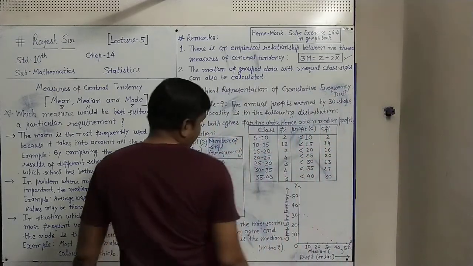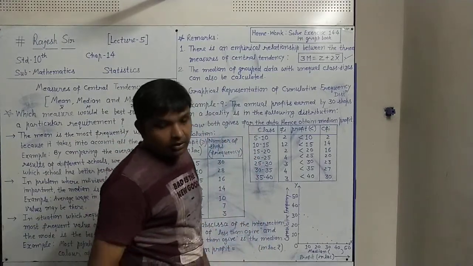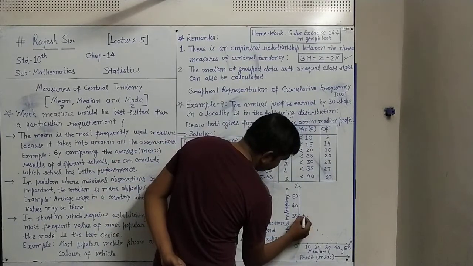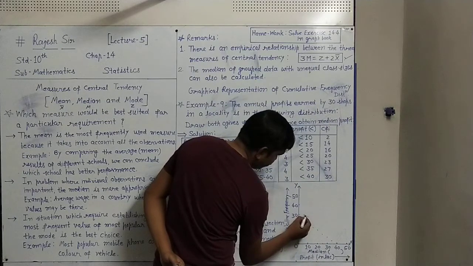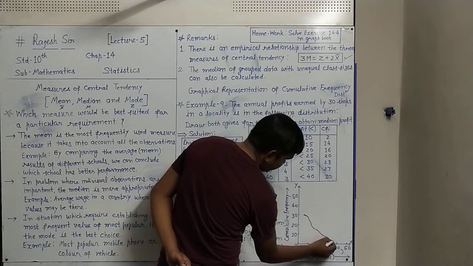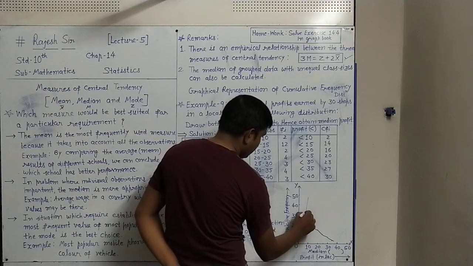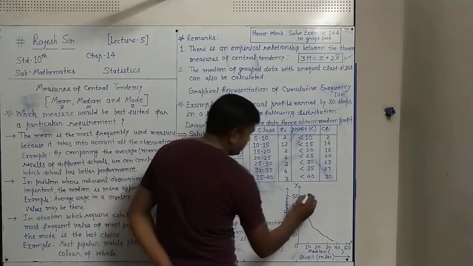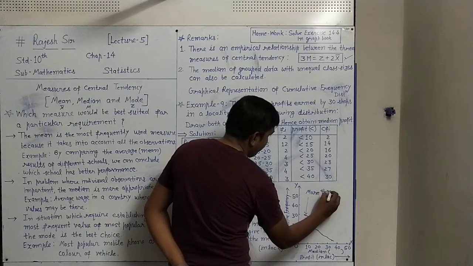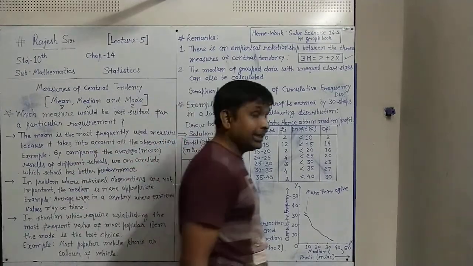So this way all the points we have plotted using the more than type, and we have to draw the curve joining all these points. This way we go without lifting the pencil. We have to draw this, and the curve should pass through all these points this way. This curve is called, because it is drawn from more than type values, this type of curve is called the more than ogive. This is drawn. Now next we want to draw the less than ogive.